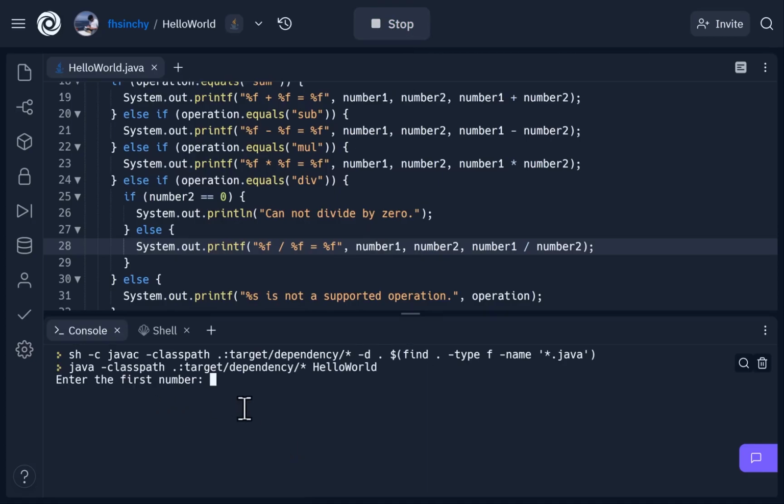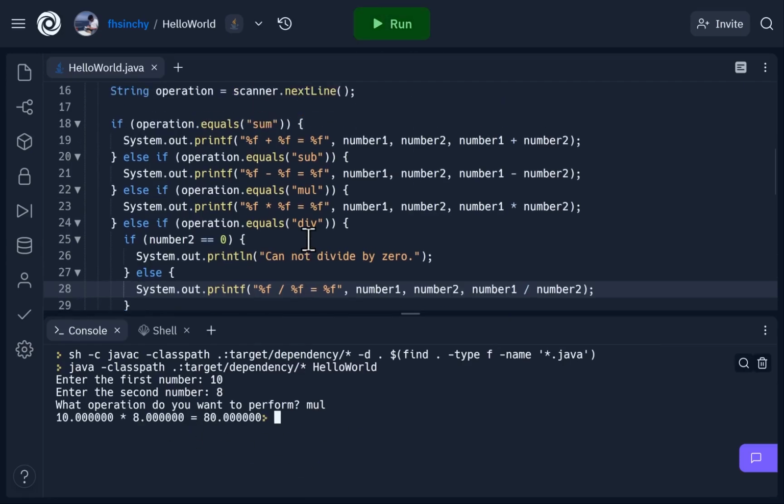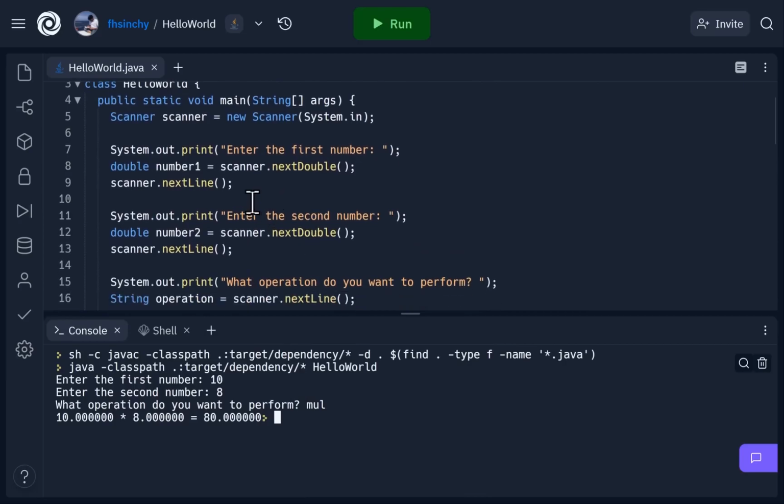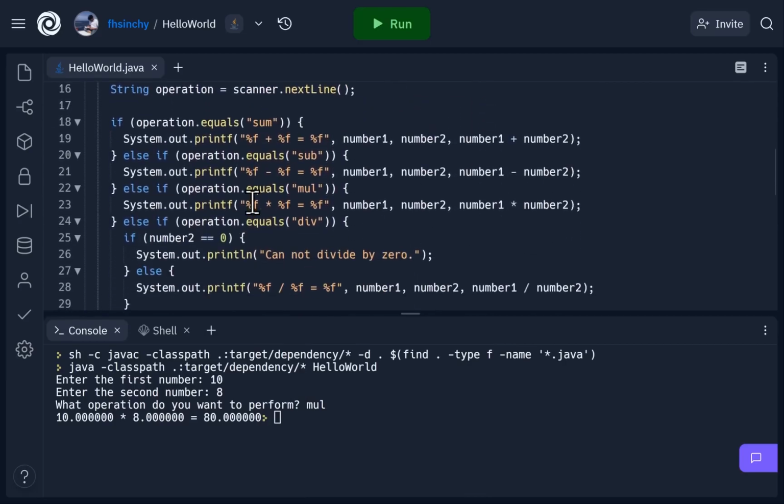Enter the first number 10, 2, div. 5. Excellent. Finally, the multiplication operations. 10, 8, mul or multiplication. Yeah, 80. Excellent. So we have already managed to create a very simple calculator here, capable of performing the basic